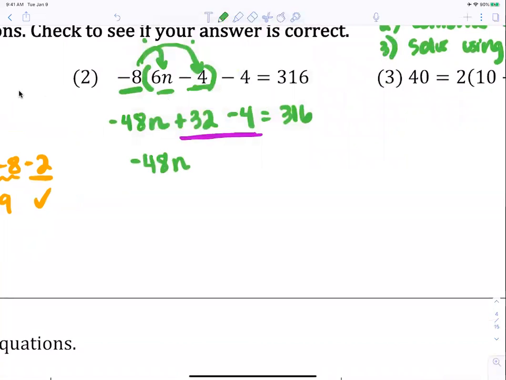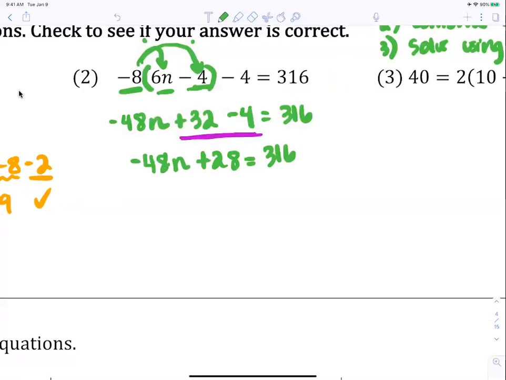32 minus 4, that was going to end up being a positive 28 and bring everything else down. Now, there's no more like terms on the same side. Now we go about solving and undoing. Because I have an option between undoing multiplication and undoing addition, in terms of using SADMAP, we undo the